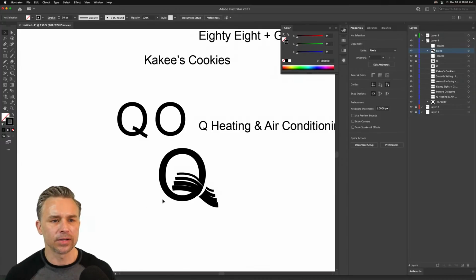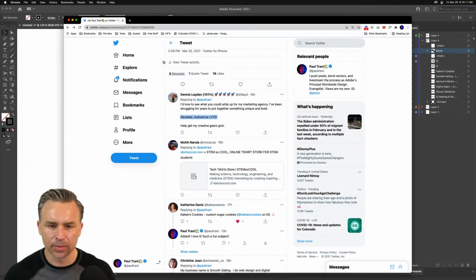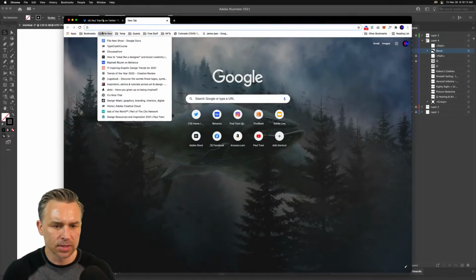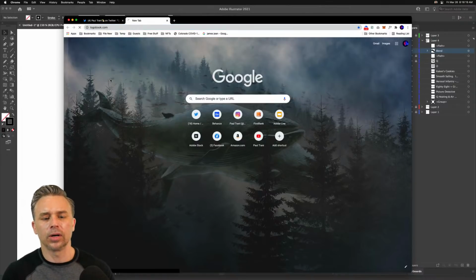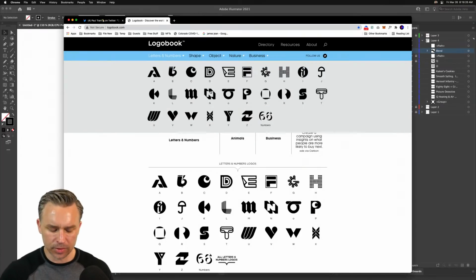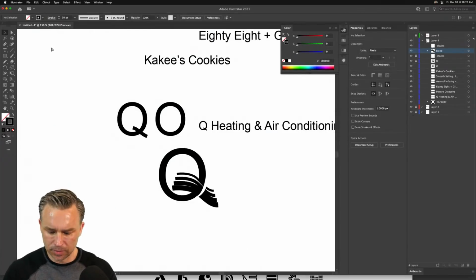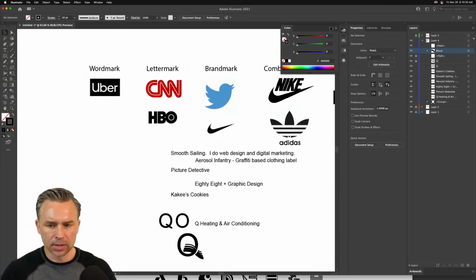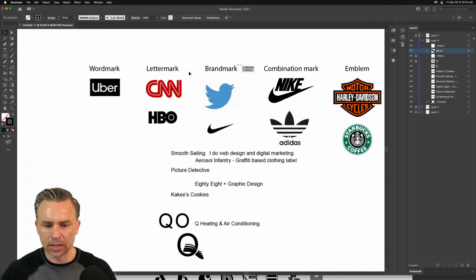Oh yeah, hey, brands of the world, I like it. By the way, also talking about resources, exactly what I was going to do. So we have brands of the world, ads of the world. There's also logo book, right? So take a look at logo book. You can see a ton in here, right? So we have letters and numbers. So we can see as we zoom out, if we're working on a lettermark, which is exactly what we were doing,